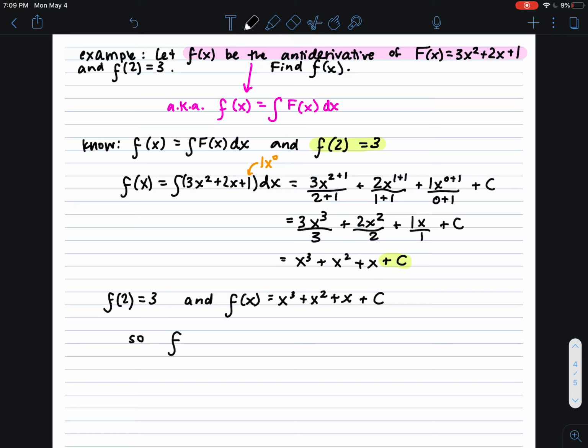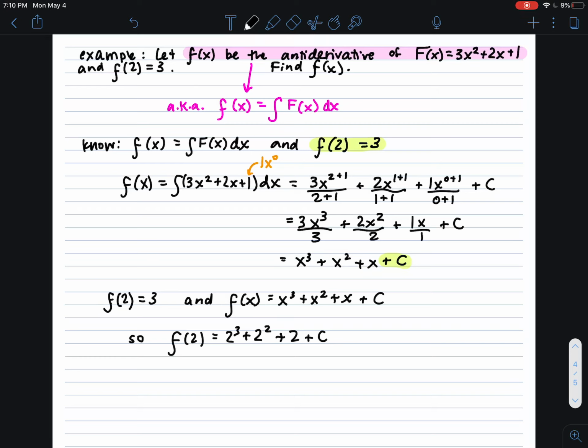So we have that f of 2 is equal to 2 cubed plus 2 squared plus 2. Also, I just realized I suddenly switched. Oh no, we're good. The last problem was with t. I confused myself. We're using x's. We're all good. Okay. So f of 2 is equal to 2 cubed plus 2 squared plus 2 plus c,